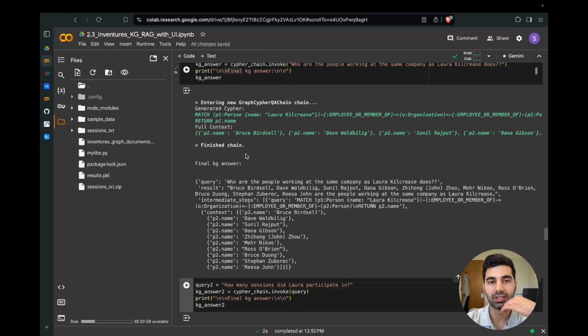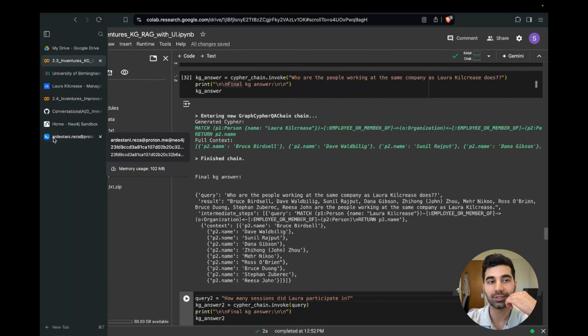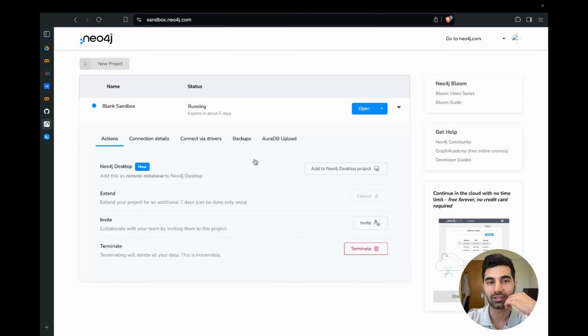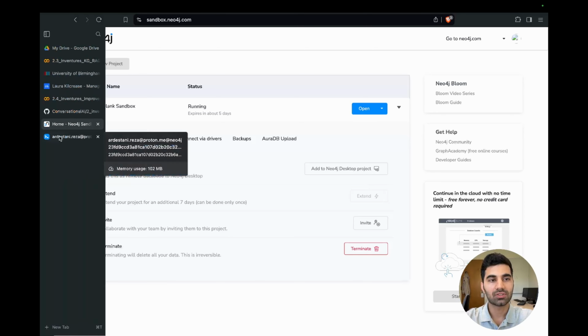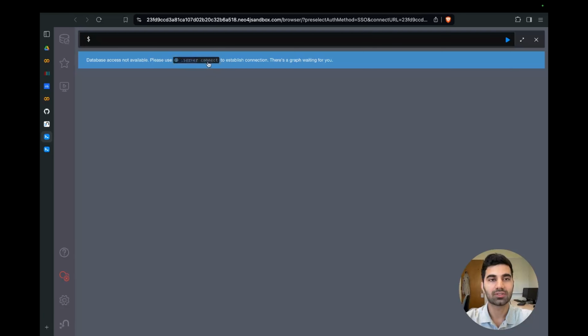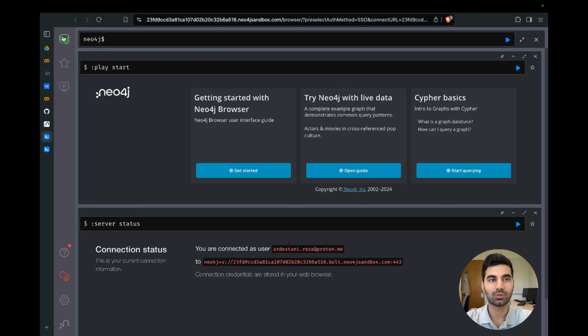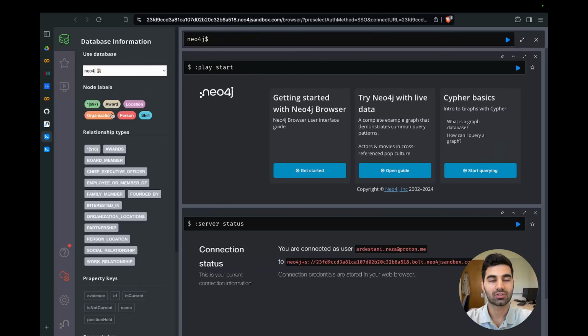We have to double check, and we have to double check that because we already have the graph here. We can go and refer to the graph, and if we want to be nitpicky, and we have to sometimes be, we can refer to the original documents that we had. In this session, we can go to the website and check that, or the txt files that I have extracted from that website. So let's open by clicking on this open browser, you get a nice GUI for interacting with the graph. So as you can see, we have a work, location, organization, person, and a skill. Let's visualize that,